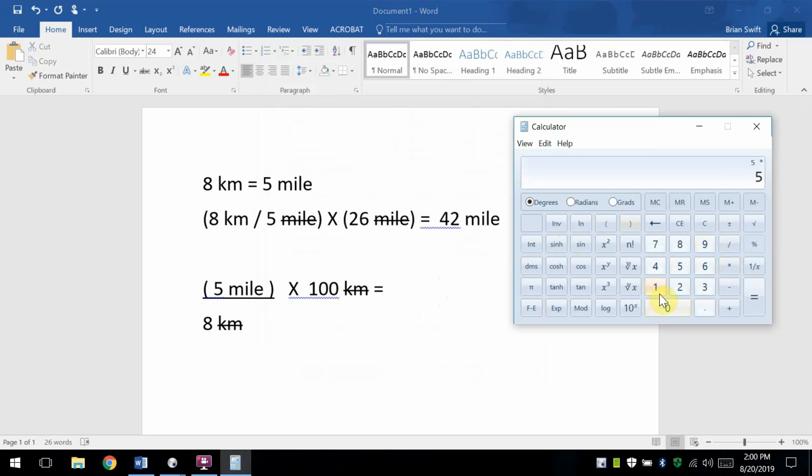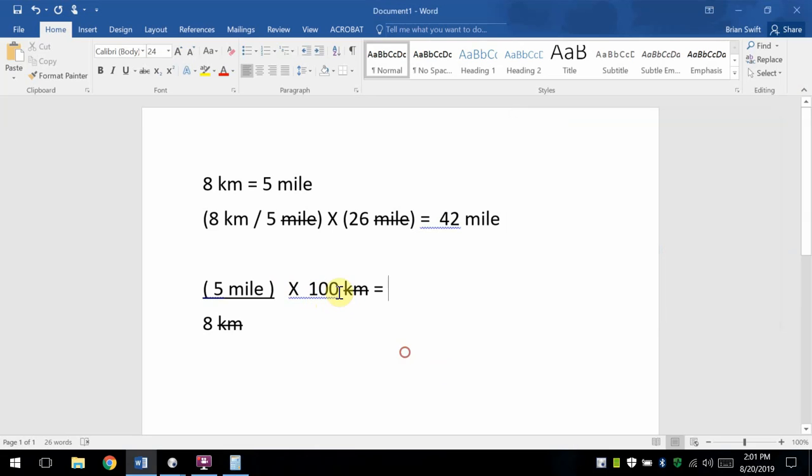5 times 100 divided by 8 equals 62.5. And the rule for rounding 0.5, well, actually, we got 3 significant figures. Well, depends on how you interpret this. Was that 100 point? It's 100 point. That's 3 significant figures. So we would use all 3 of them,